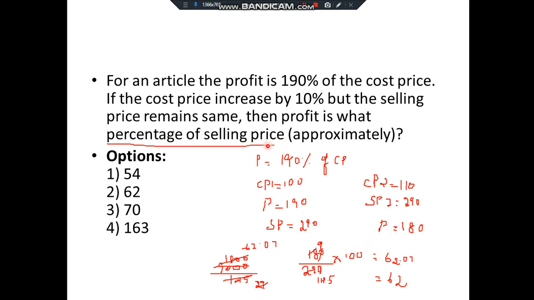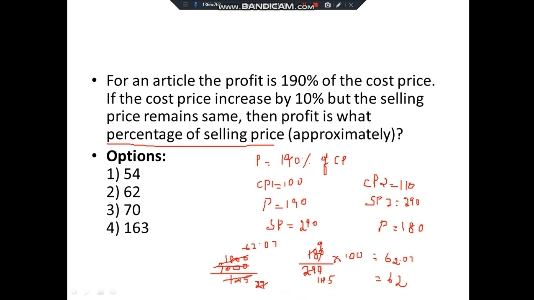Read the question carefully. Usually we will find the profit percentage of cost price, right? Using cost price only we will find the profit percentage. But they have asked for selling price. That means what you will have to do, simply instead of cost price use selling price as denominator. Okay. So 180 profit by SP 290 into 100. Remember, always your base would be cost price. Only when it is specifically mentioned as find the profit percentage for selling price means you will use the denominator as selling price. Okay. So don't confuse it.